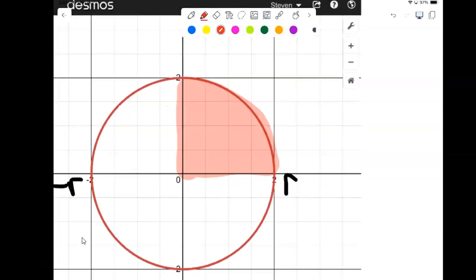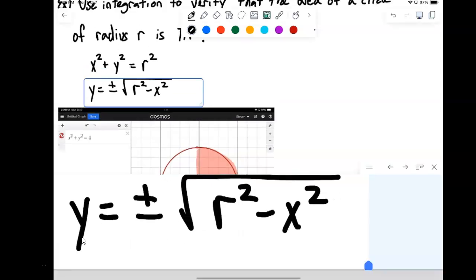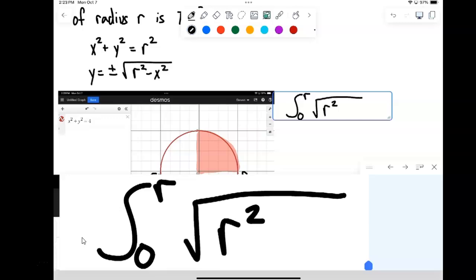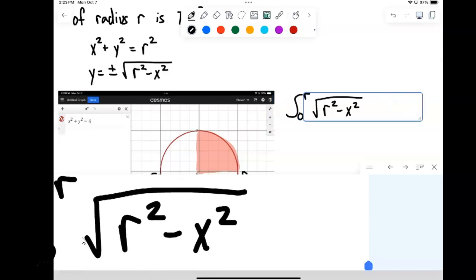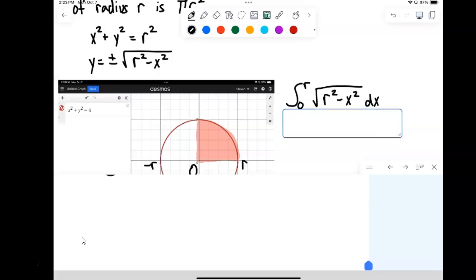So I just need to look at the integral here from 0 to r of the positive, the top half. Okay, and if I can show that that's equal to the right amount, and when I multiply by 4, I get pi r squared, then we have our answer. So, integral from 0 to r of my function, square root of r squared minus x squared dx. And so, of course, to do this, this is just straightforwardly an integral